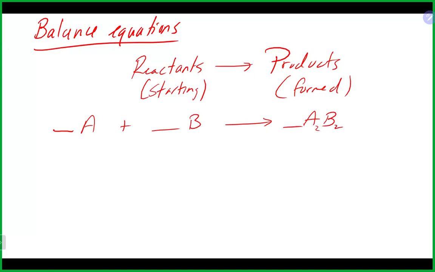the first thing that we do is we want to make sure, if we happen to have things in words, that, as we talked about, you get all the correct formulas down first before you even think about balancing the equation. So if you don't have the correct formulas on the reactant side or the product side of the equation, you can't balance it. Once you do have all the correct formulas, we talked about making a table,